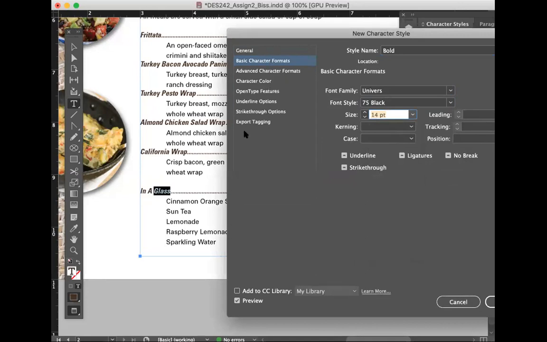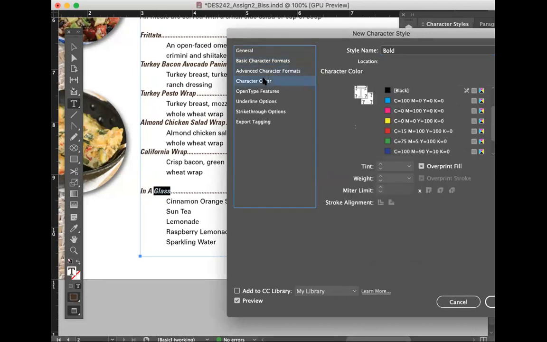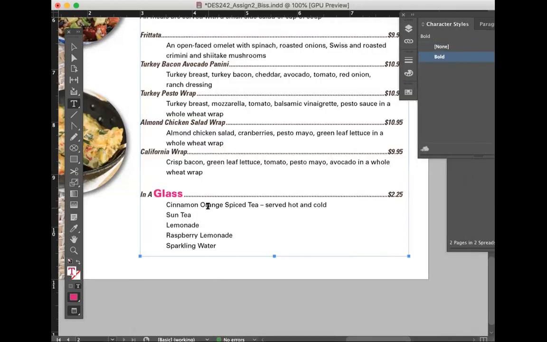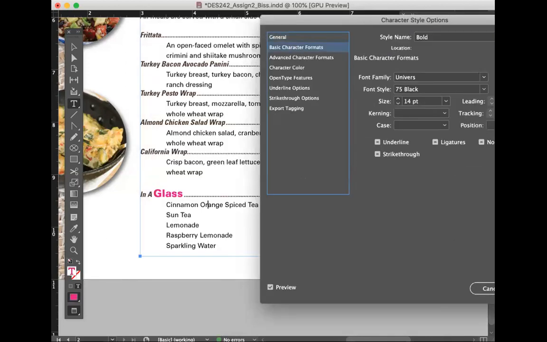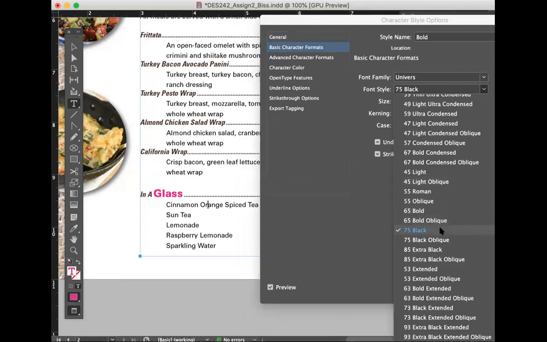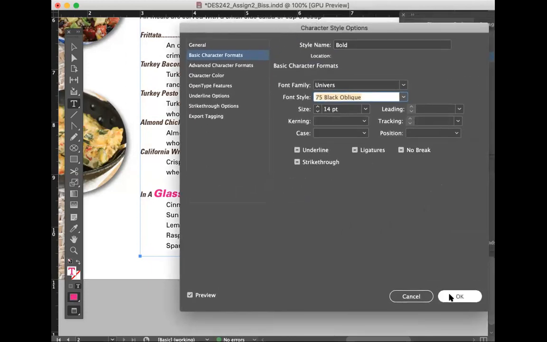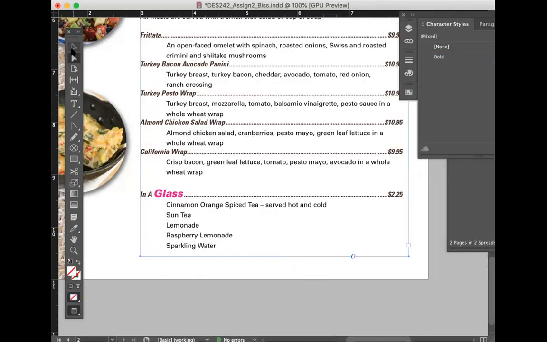And see how the different settings on the left are along the paragraph style. That's what I mean about not having as many options, but they're there. Let's just do pink for now and see what that looks like. Click OK, and go ahead and select that to apply it. Now, if you want to change it, just double click on it. Say if I wanted to make this black oblique, you could go with the other text.